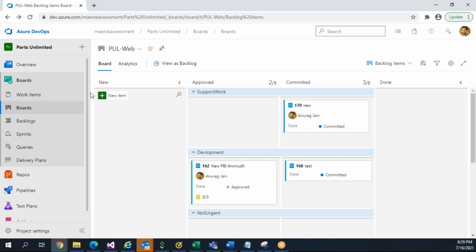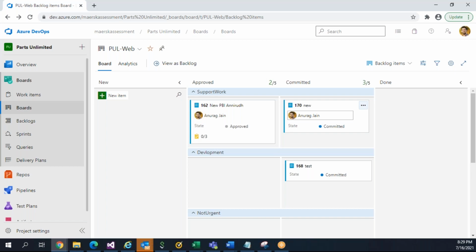He says, okay, I need a board for my team. Give me a board which blah blah things should be set up out there. He doesn't know what Azure DevOps is. So you should create a team for him. I told you how to create a team. You should set up their area and iteration and give them permission, and then they will start following this. So we basically will provide